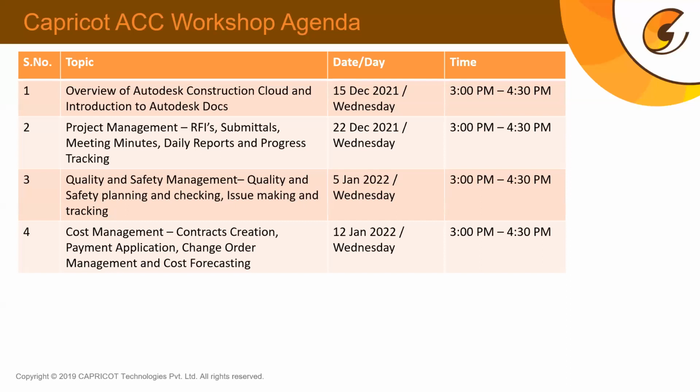Towards the end of this series, we'll see how we manage our cost, that is cost management. There are a lot of different types of contracts in the projects, and then we have an associated budget for the project, which we have to keep track of. We have a lot of monthly bills that we generate, change orders, cost management, and forecasting that we have to do. So how do we track all of these, keeping all the stakeholders together on the same unified platform, through cost management in Autodesk Build?